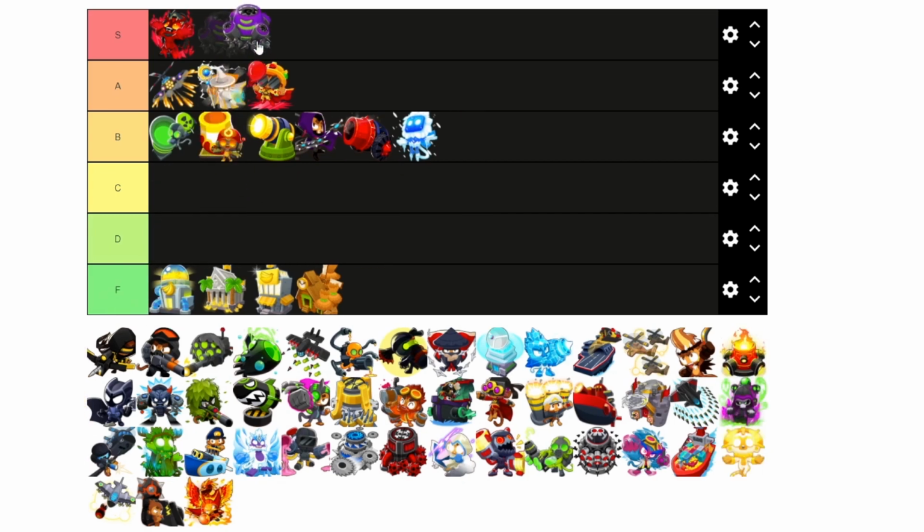Carpet of Spikes, Spike Factory. Now, this tower, I believe, is one of the best towers in the game, because the center upgrade path isn't super expensive, and it can give you an ability to use in Chimps, and is very good to use on multipath